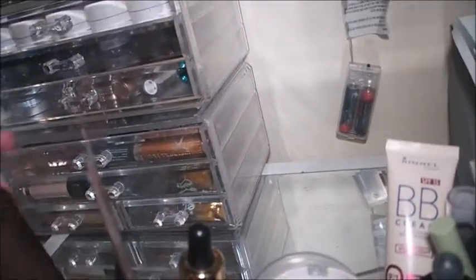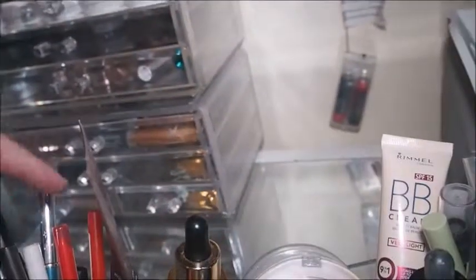Yeah, this is the only new one that I have pulled, and it's the Ciate Wonder Wand. Does it tell us a colour? I don't think there's a colour on here. It's just like that really pretty teal shade. So that's that, and then I've got my trusty Hourglass, but that's in a project pan,